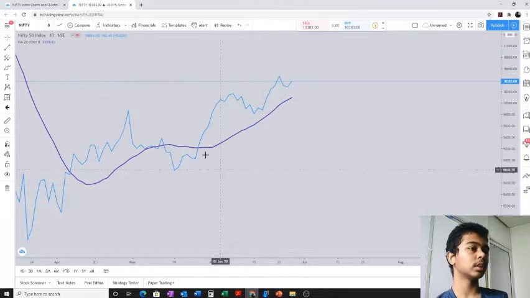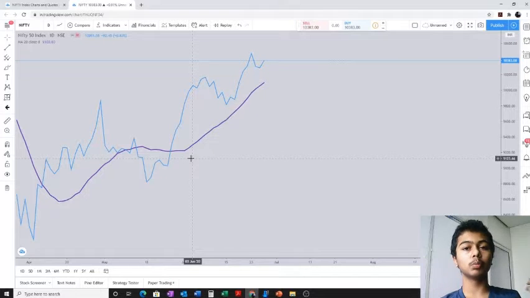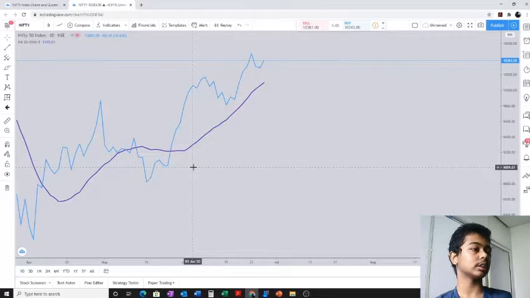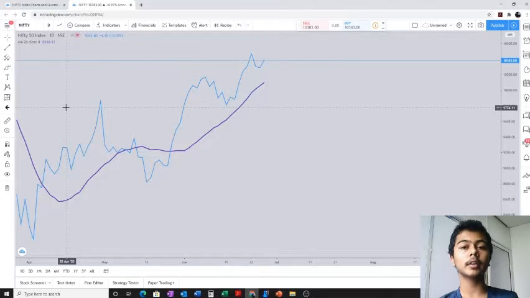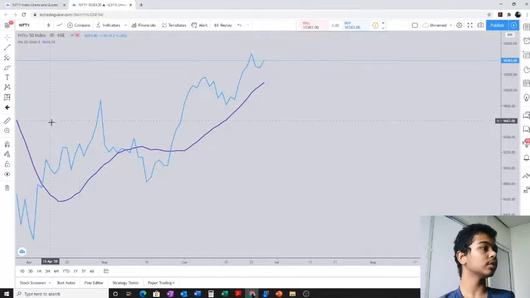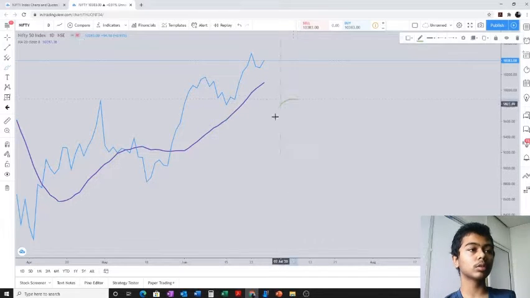As you can see over here, first let's understand what a moving average is, and then let's understand the strategy. An average is the sum of the numbers divided by how many numbers there are, let's say there are 10 different numbers, then that divided by 10 would be the average. So for moving average, here we have a 20-day moving average. This calculates the 20-day closing price average.